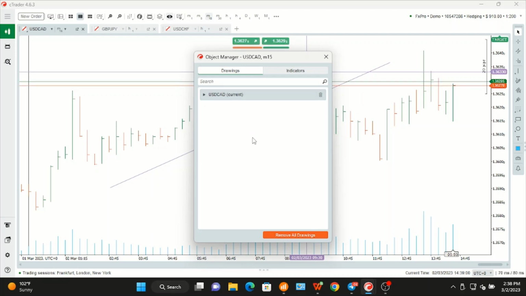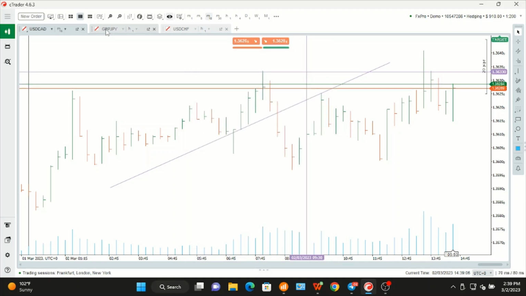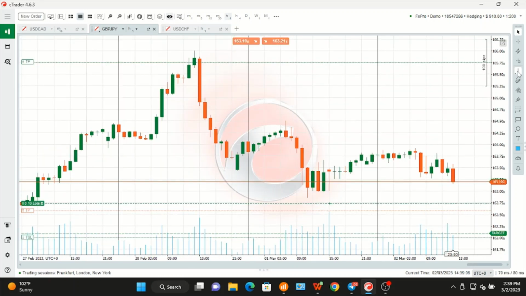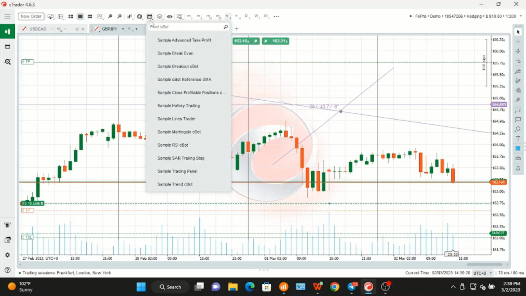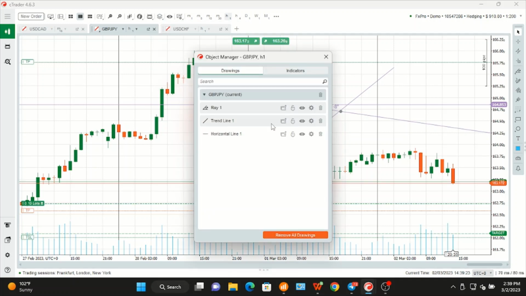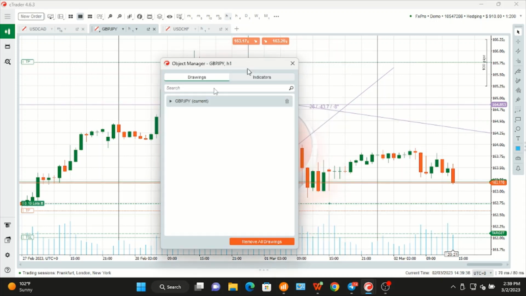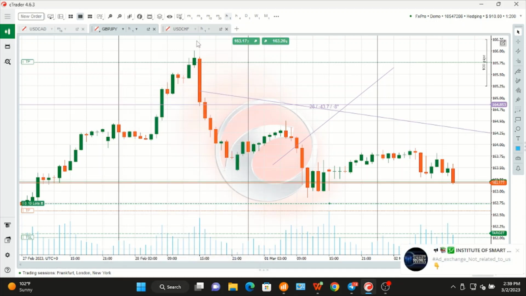So for instance, you can see you have USD CAD because this is the only place that I've added the line. So assuming I have more than that, so assuming I have GBP JPY and I add additional lines to this one, so I add this one, then I add a trend line again, then I add another one, say this. Okay, so that's it. If I come to the drawings and I click on it, it will open GBP JPY for me. Okay, so you can see that I have GBP JPY with the drawings on it, and I can delete any of them at any time. Okay, so that is how to use the